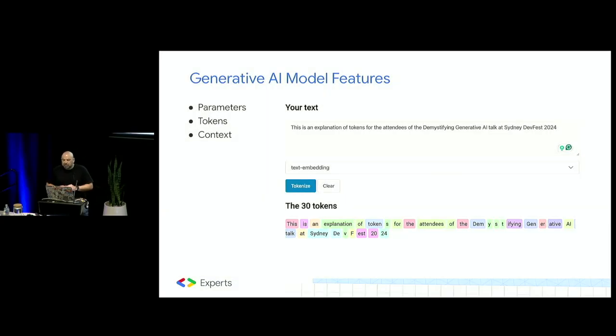Parameters describe the complexity of the LLM. Tokens describe the breadth of knowledge, and they're not related to each other. They're completely unrelated. Tokens, which can range from words, subwords, characters, symbols, basically signify chunks of text that the model processes. When you give an LLM text, it breaks it down into these tokens in order to be able to understand it.